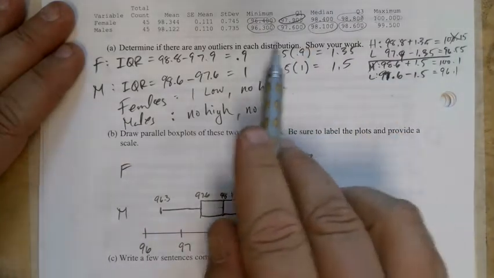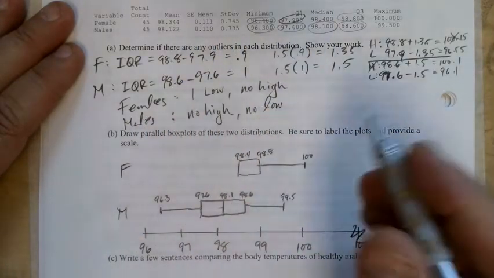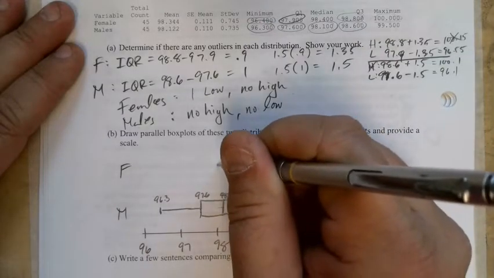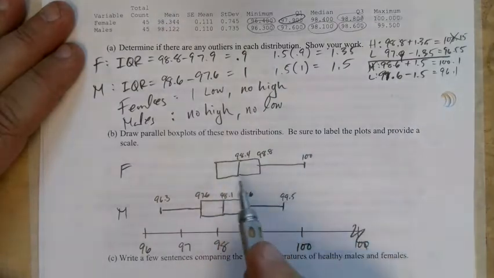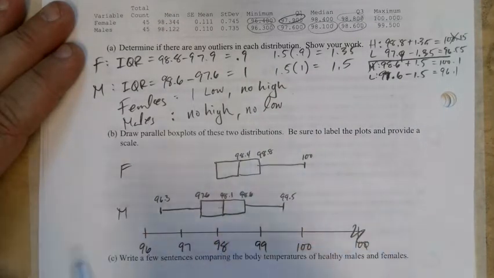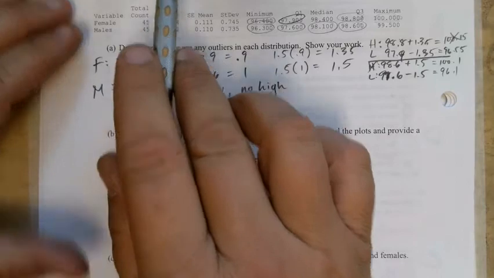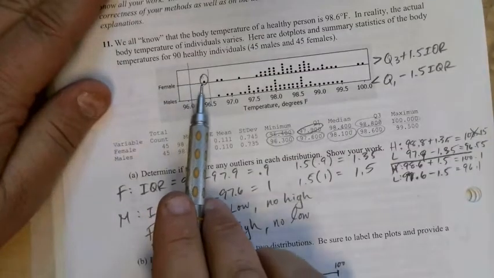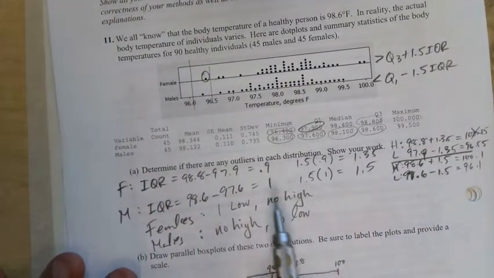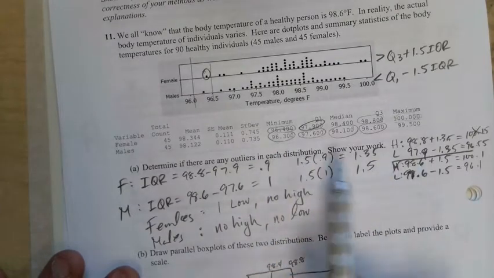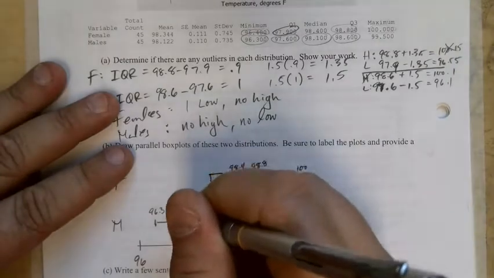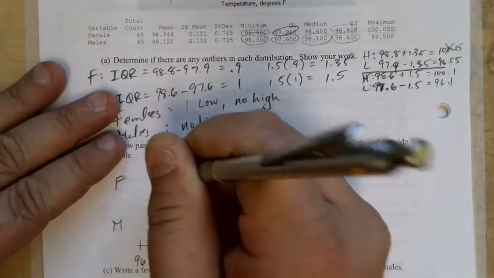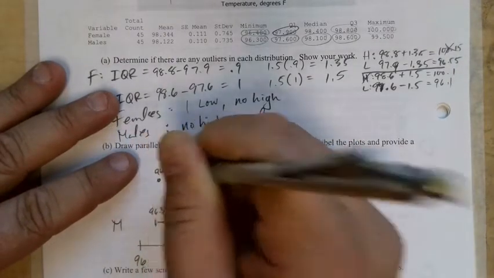The first quartile female is 97.9. So 97.9 is kind of right here. Okay. And then this. Now, hold on. Time out. I know this is an outlier, right? That one there. And that's the only outlier at 96.4. So I'm going to put this 96.4 right here, and it'll be a dot.